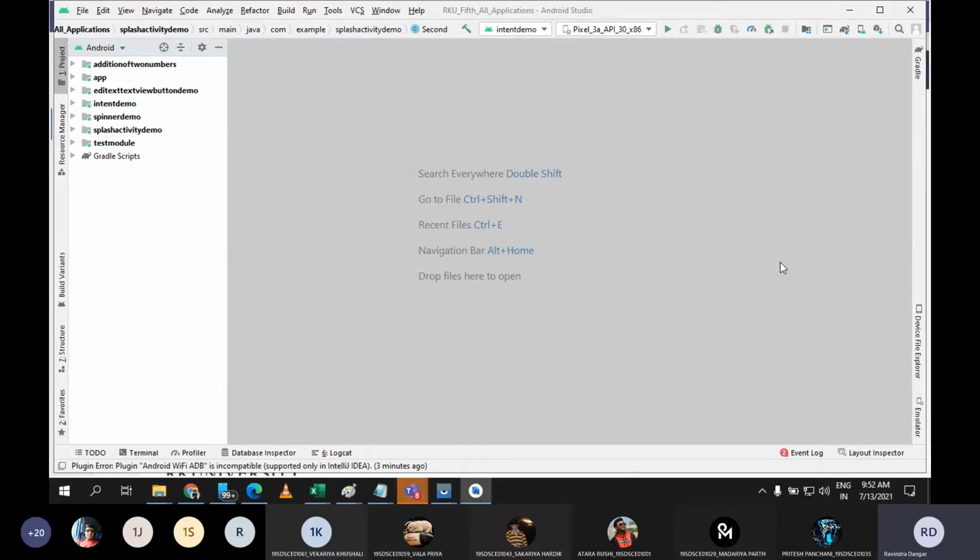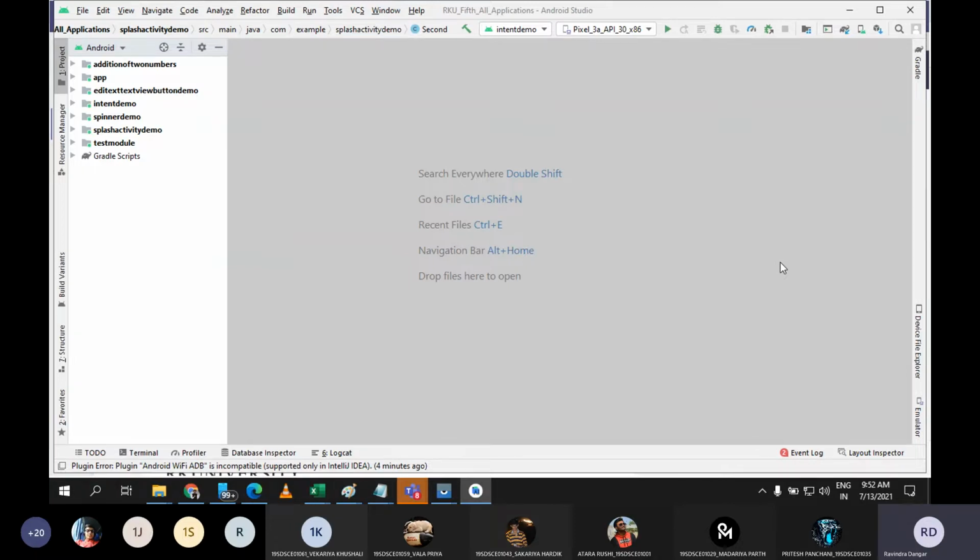Yes. So, as I said, today we are going to discuss one of the very important controls, which is AutoCompleteTextView. Based on the name, do you have any idea? Can anyone tell me what should be the importance of having AutoCompleteTextView in any Android application? The name says everything, so just try to imagine and tell me what you understand from this component. Can anyone tell me what could be the importance of this component in your activity?